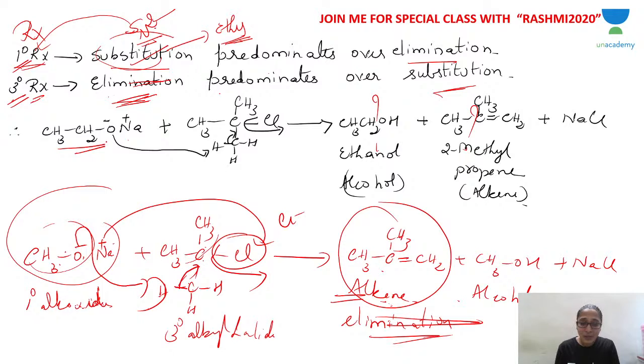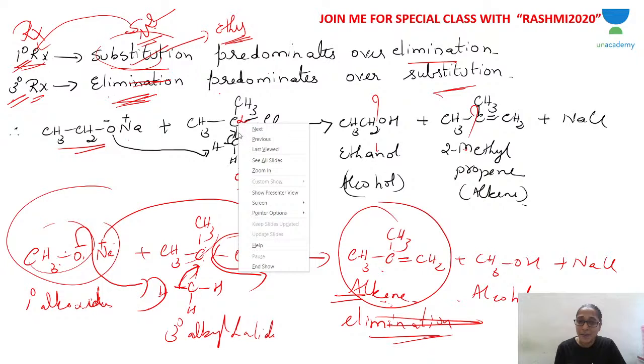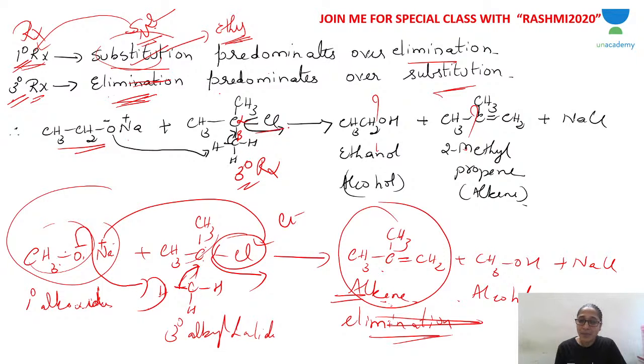Look at this. Sodium alkoxide, and you have a tertiary alkyl halide. Now you should think an elimination reaction is taking place. The carbon to which Cl is attached is the alpha carbon. From the beta carbon, a hydrogen will come out, and from the alpha carbon, Cl will come out. Between those two carbons, a double bond forms, an alkene. And because the proton is coming out and the alkoxide is there, you also get alcohol and salt, depending upon how many question marks there are. The main two products are these two. Sometimes only two question marks will be there, sometimes three. Three means you write sodium chloride also. Sometimes a predict-the-product question will come for 1 mark or 2 marks. If two products are asked, it's 2 marks. So look at the question and answer.